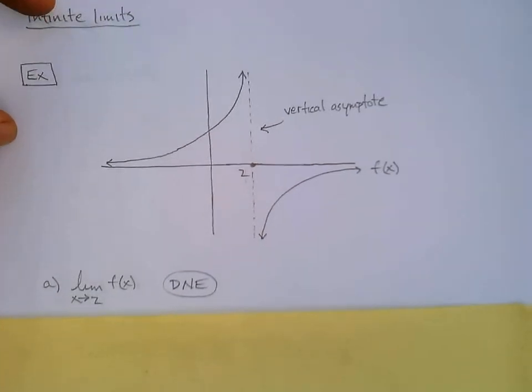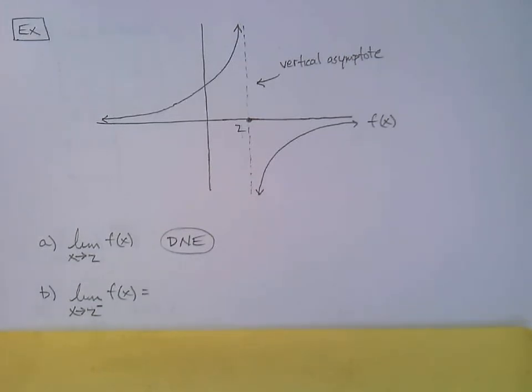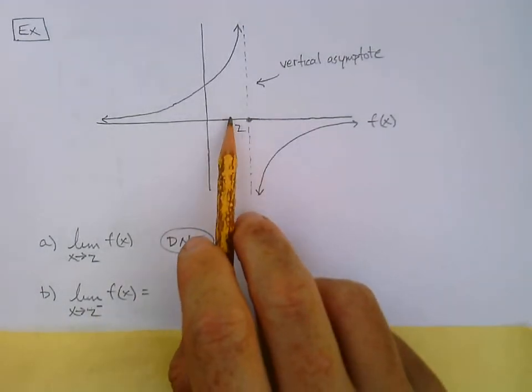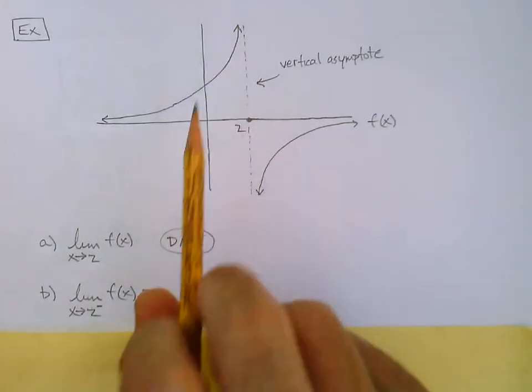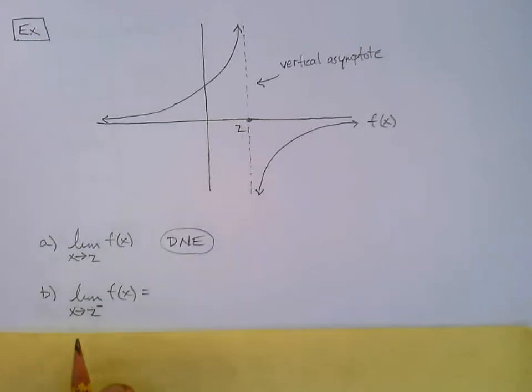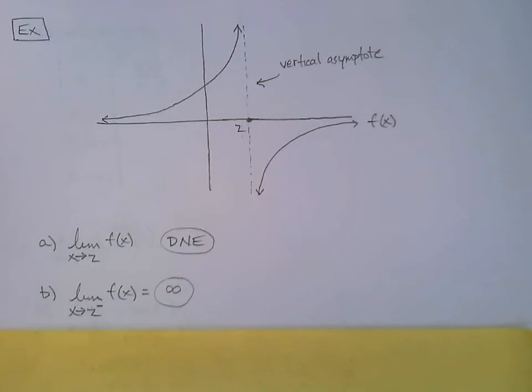But what if we were to say, hey, let's take the one-sided limits then. And now this is similar to things we've done, but definitely the details are a lot different with that vertical asymptote. Okay, the limit of f of x as x approaches 2 from the left, from the negative side. Okay, so if I'm on the left side of 2, the y value is going up and up and up to infinity. It never stops. So this answer, we say that is equal to infinity. We do have an answer.